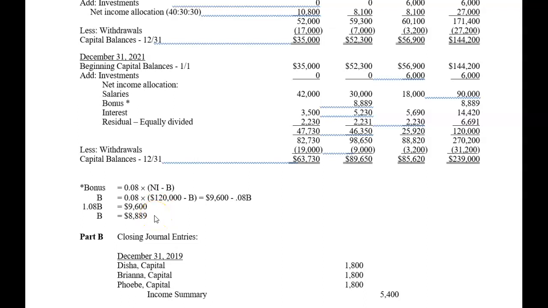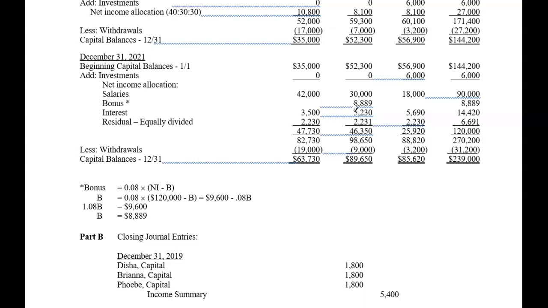Solve for the bonus, and the bonus is $8,889. So that's allocated to her, right? This isn't necessarily what they're going to see in cash, but it's an allocation out of the income that increases